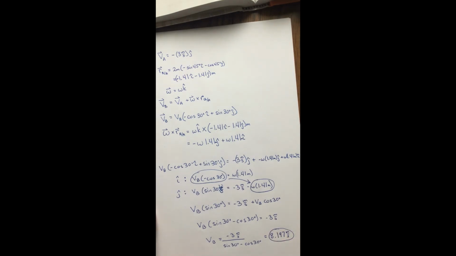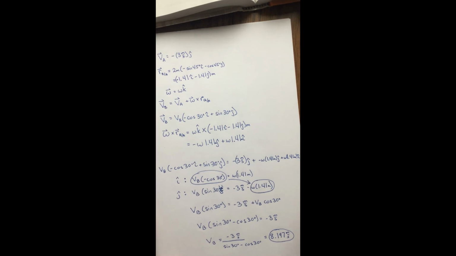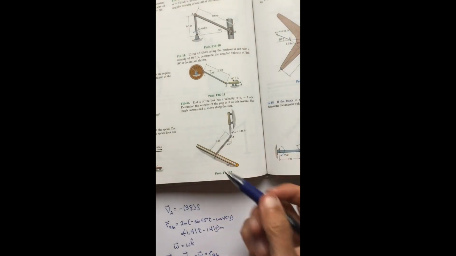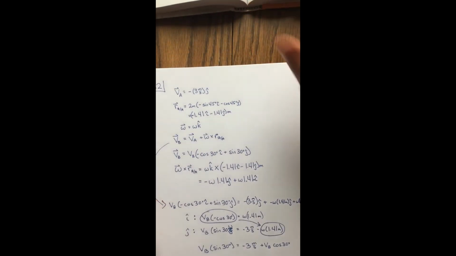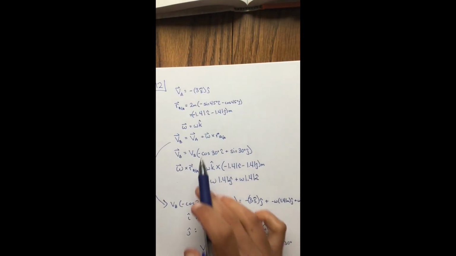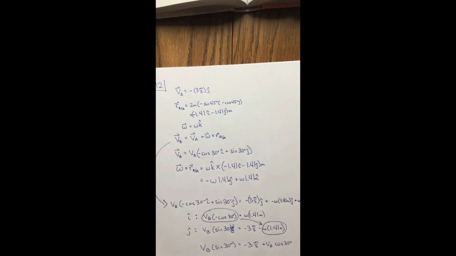And that would be going in the, oh, that would just be the magnitude. What did they ask us to find? Determine the velocity of the peg. Oh, well, that would be along this line here. That would be going this way. We could write it in vector form if we wanted to. We could take this and put it back in here. But let's just say